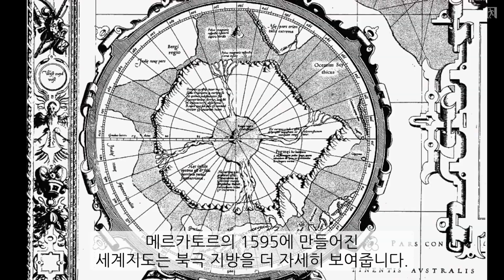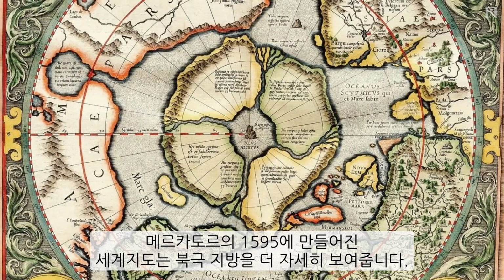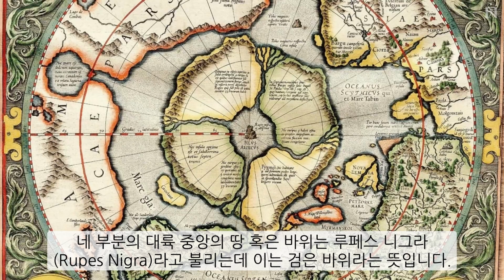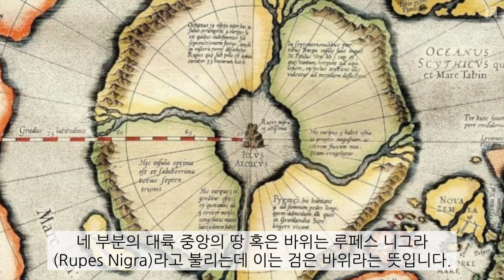Mercator's 1595 world map presents this Arctic region in more detail. The body of land or rock in the center of these 4 quadrant continents here is called Rupes Nigra, which